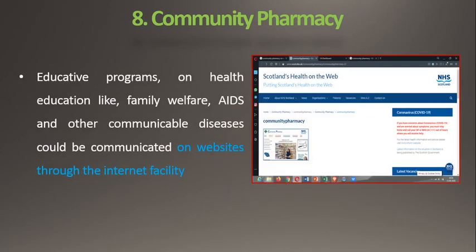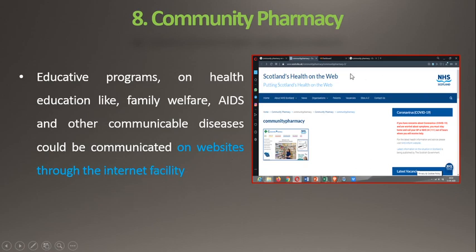Here is the application of computer in community pharmacy. Educative programs on health education like family welfare, AIDS, and other communicable diseases can be communicated on a website through internet facility.